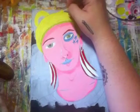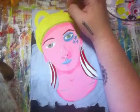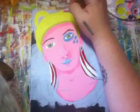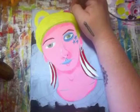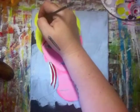And I did do the hat brim a darker green. It's the same green but without any white in it to make it stand out a little more. So it's a little darker, a little bit different. Just putting a pink in the ears because,